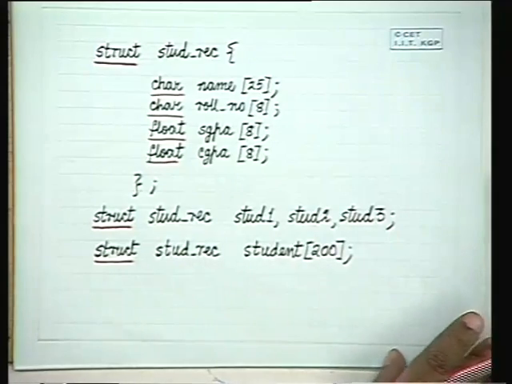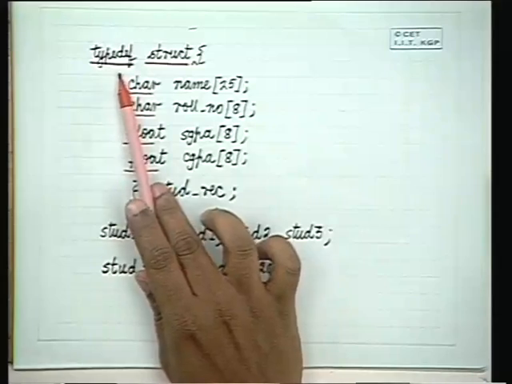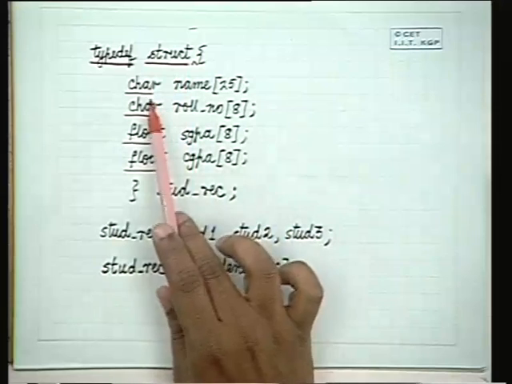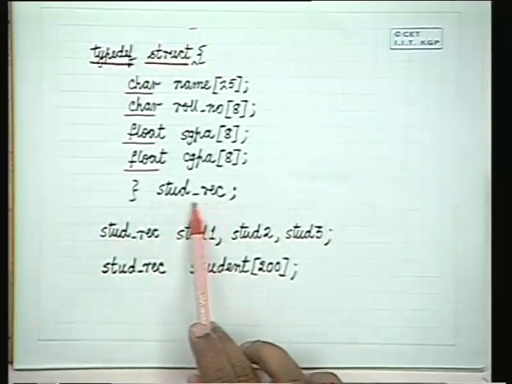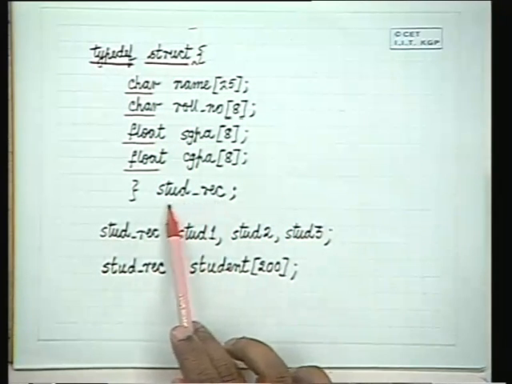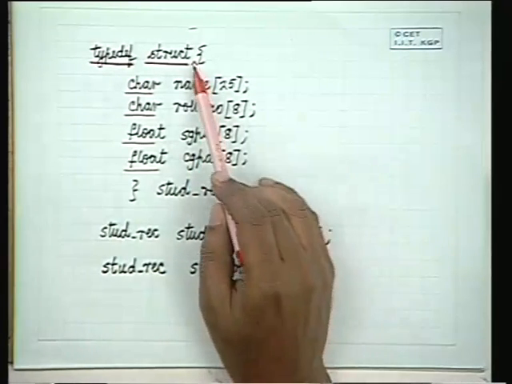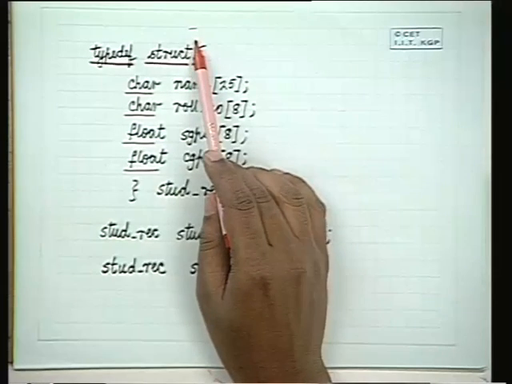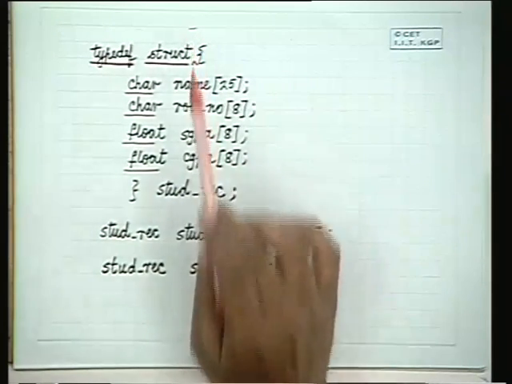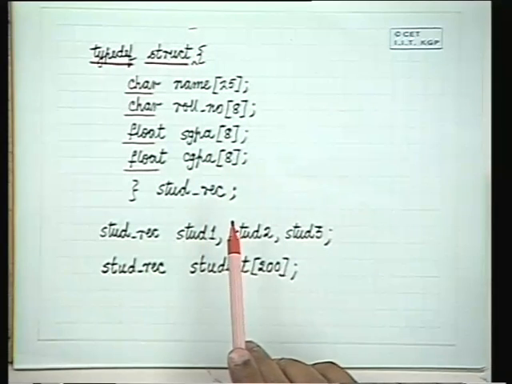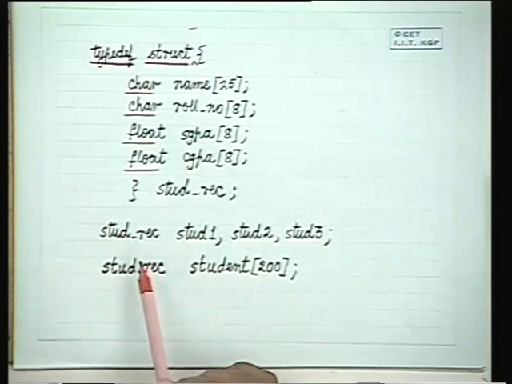An alternative definition of types is by the typedef mechanism. Here the other way of writing it is typedef struct, and the name of the type comes here. This is the name of the type. Now this is slightly more versatile than the other type, because here another name can be put in, and the utility of putting another name here we will see when we come to self-referential structures.